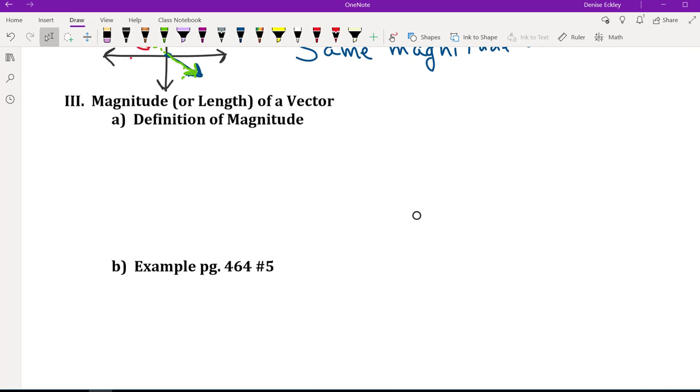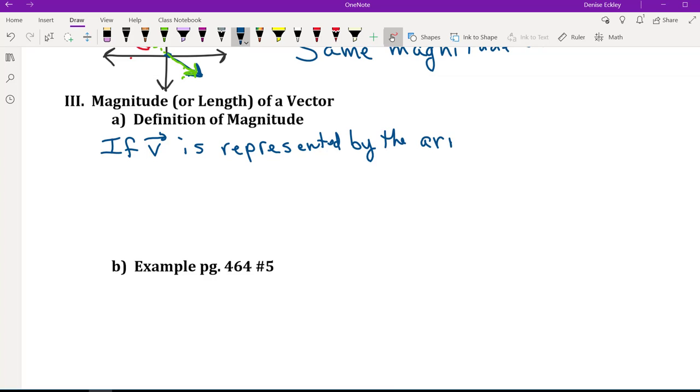Okay, so if a vector v is represented by the arrow from x1, y1 to x2, y2, then the magnitude